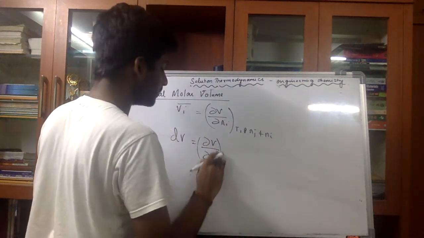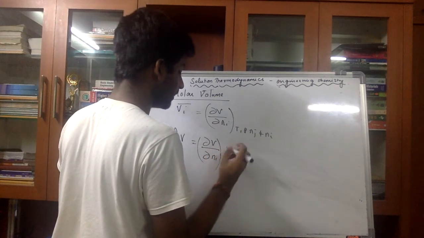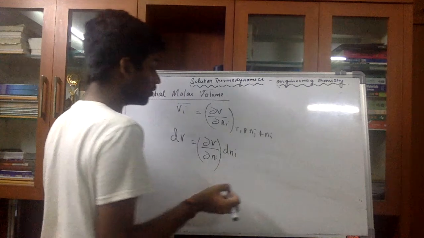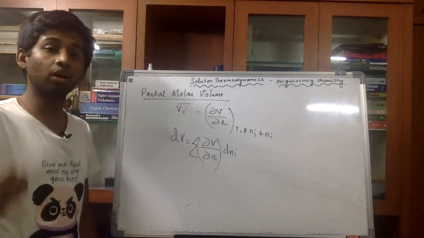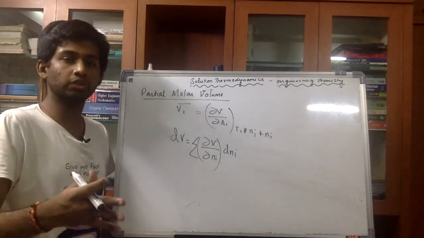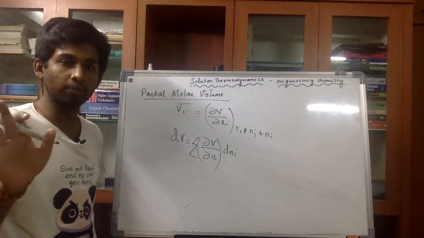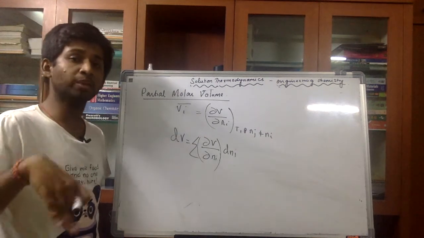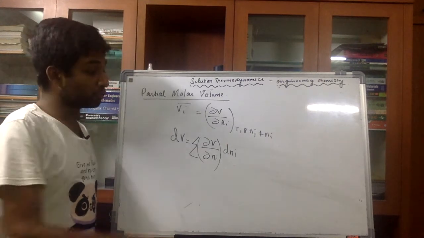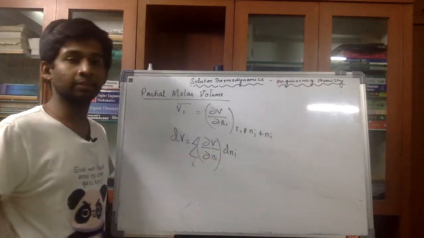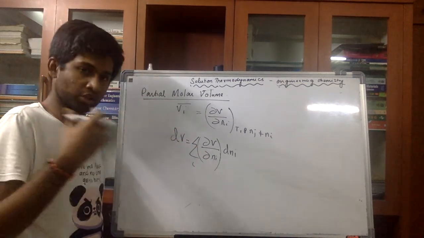I am writing dV by dNi, and then I'm bringing in the factor dNi also, and then including the factor sigma to account for all the moles of the solution. In the beginning I didn't include it because it was just for one specific component, just 1 mole, but I am considering all the moles. It can be A, B, C, D, it can go on and on. To consider all of that, I am putting the symbol sigma. Initially I wrote only one component, and I shouldn't have done that.